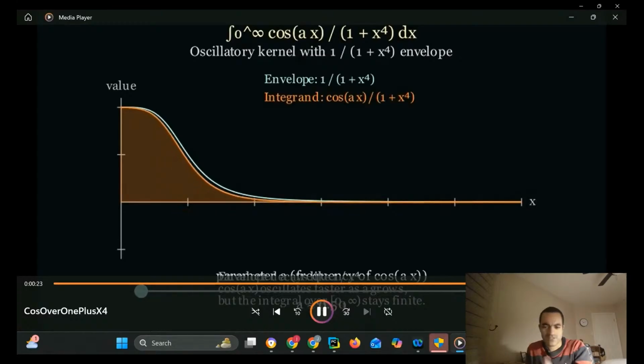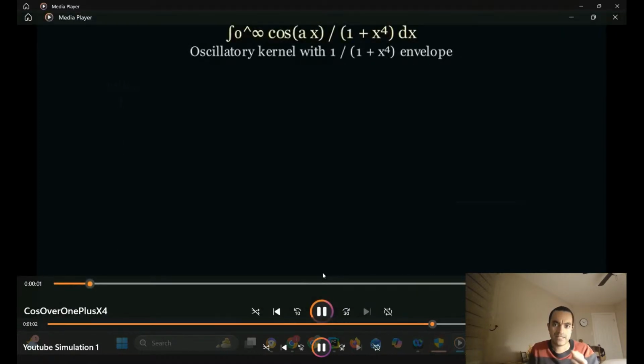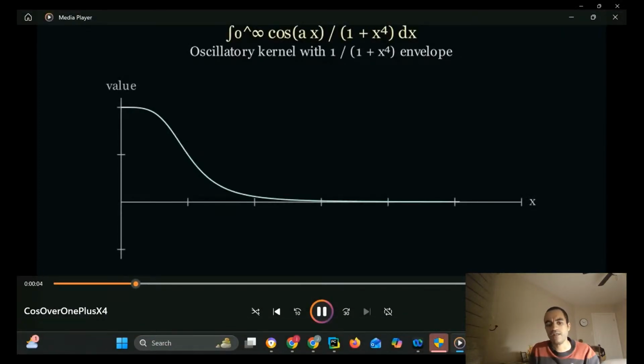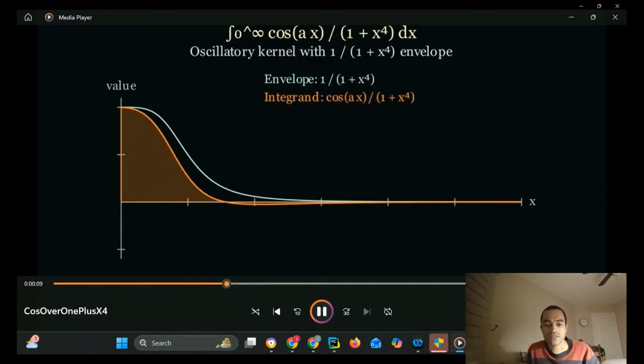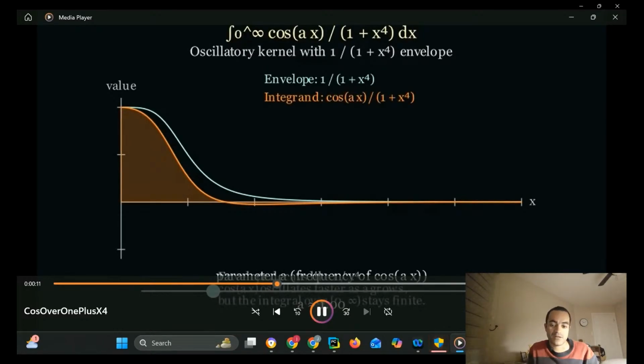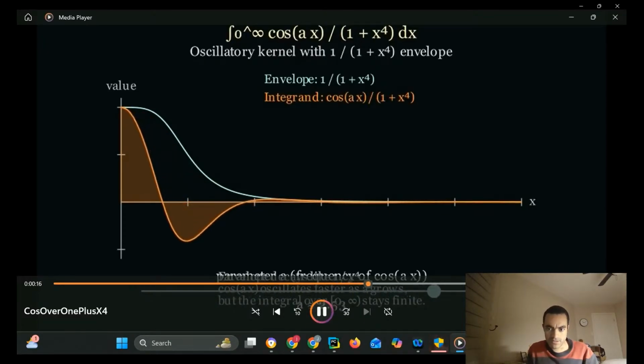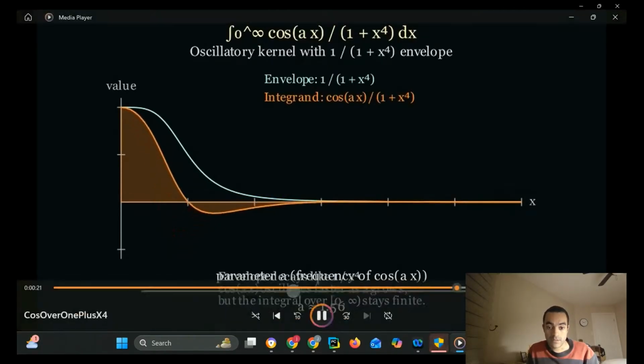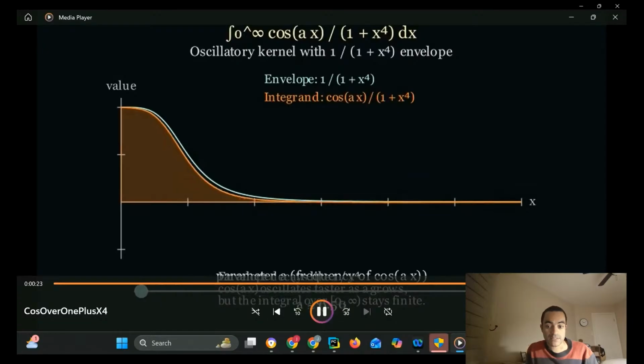Now, what's the point of seeing this curve of the integrand in our integral? Yes, it looks cool. Yes, it shows the math coming to life as opposed to me writing down equations all the time. It gives you a geometric understanding of what's happening. That's the most important point. And the reason it's important is that this graph will tell you that this integral is actually converging.